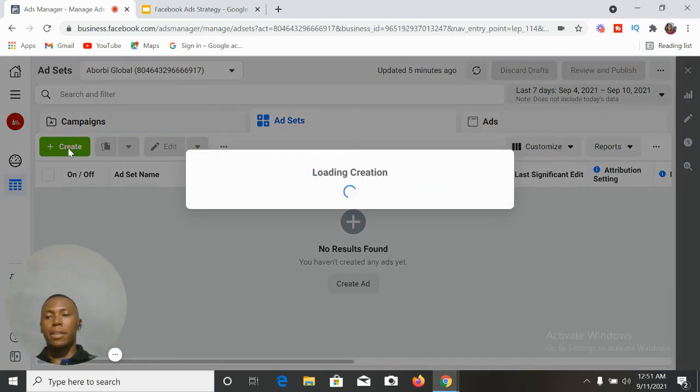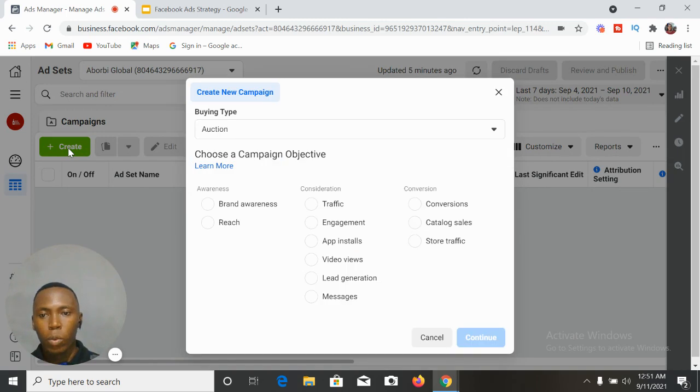So you click on create. Once you click on create, you come here. Because we want to make a sale, want to sell stuff, we select the conversion objective. Now it depends on you. If you're a small business that does not have a